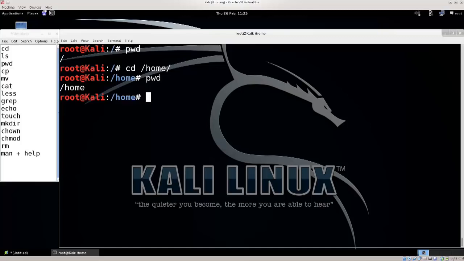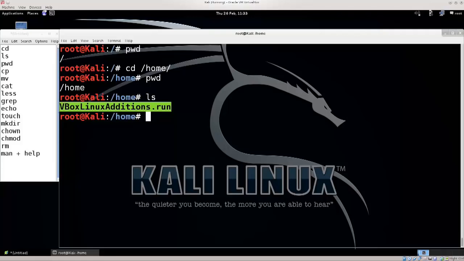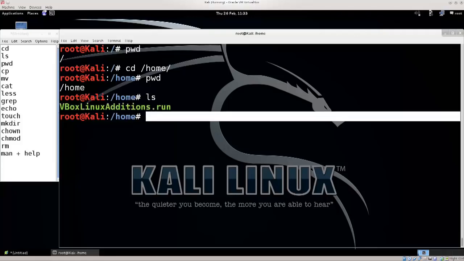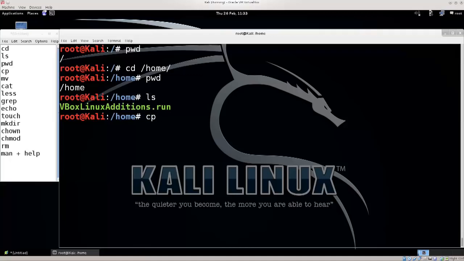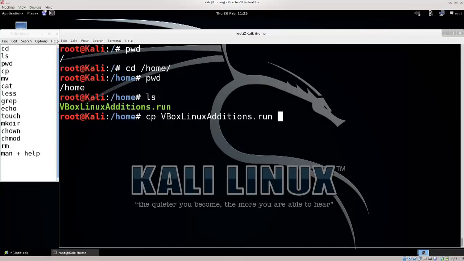Next up, we have our cp command, which we already have used in order to copy VirtualBox Guest Additions from one place to another. Fairly simple. You type in cp, path... Let's not do it like that. Let's do a real example. So if I, for example, go ahead and type in cp, the VBox Guest Additions Linux .run file, and let's say I wish to copy it to /var. I will delete it, of course, and I'll show you how to do that as well, but it's fairly simple. And if I want,